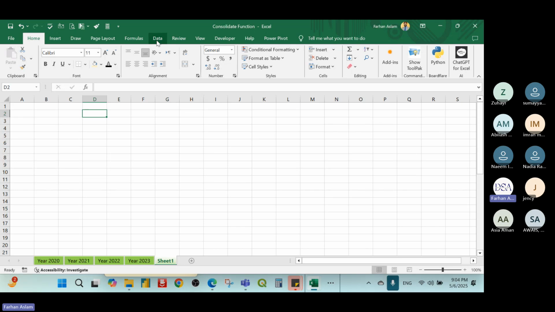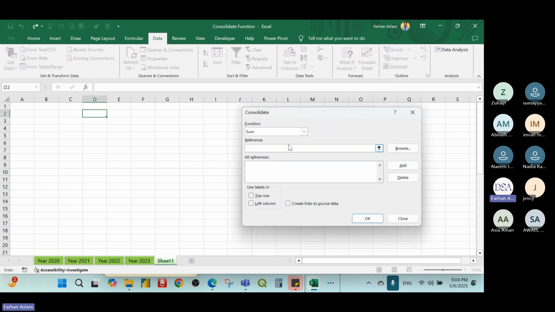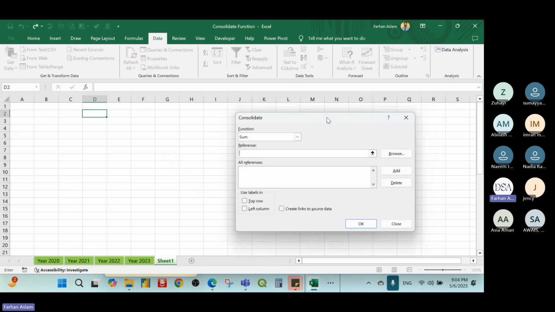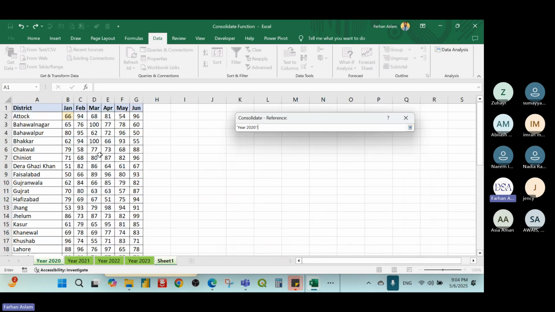How does it work? Where is that? In the Data tab, there is Data Tools, and there is an option of Consolidate. Click on this Consolidate and you will find a window. So what you need to do, go to this sheet number one, year 2020, click on this arrow and pick all these